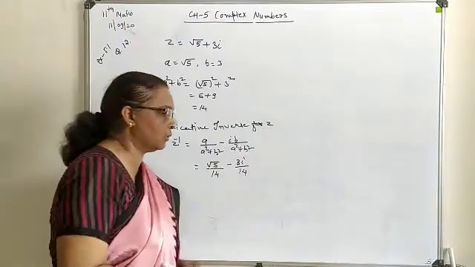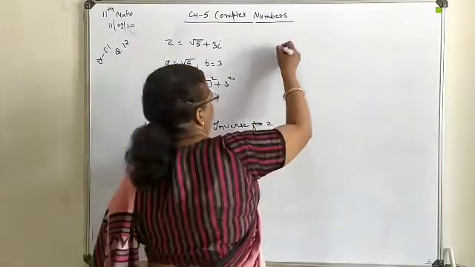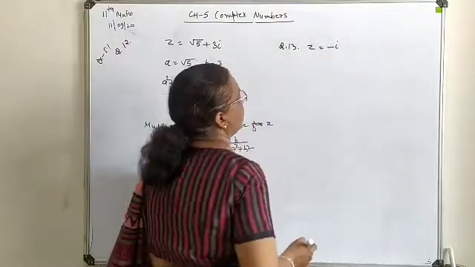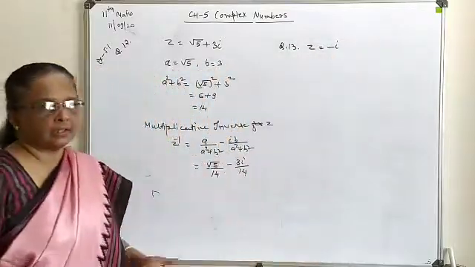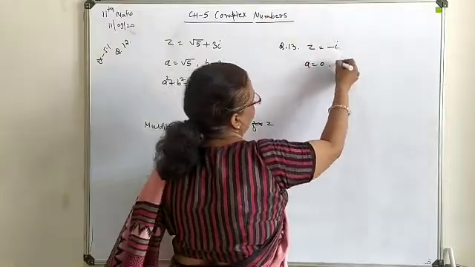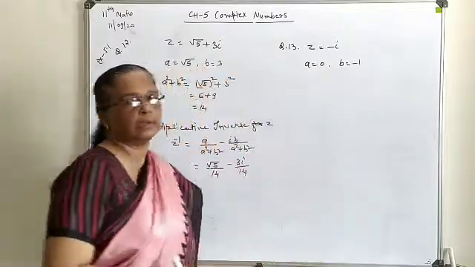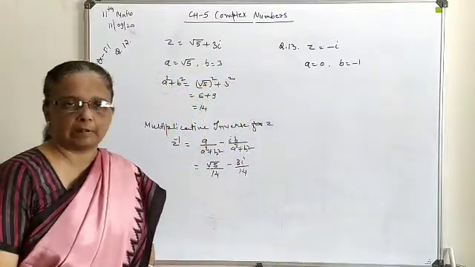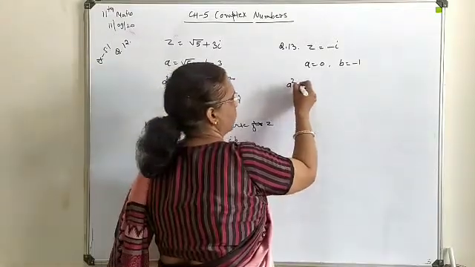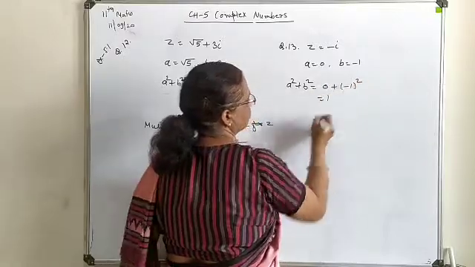Here in the next question only one term is available, that is the imaginary part. So let's try to understand how to handle the situation with a single term. This is minus i. Now here you can say a is not available, means a is 0, whereas b is written as minus 1. The multiple of the iota term is what you treat as b. Now find a square plus b square. So obviously it is 1 only.